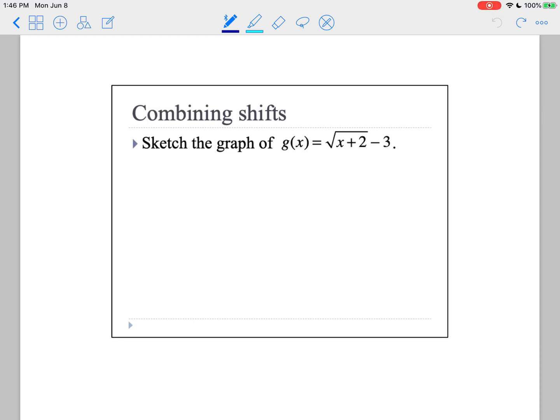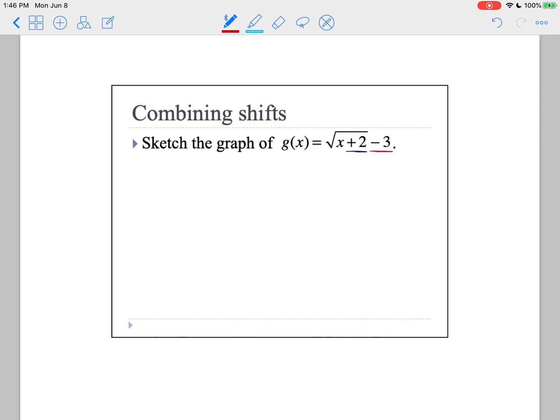Hey everybody, John back. In the last video we talked about how adding and subtracting inside and outside the function affects the original graph. So we're going to combine two things happening at once. We are adding 2 inside the function. We are subtracting 3